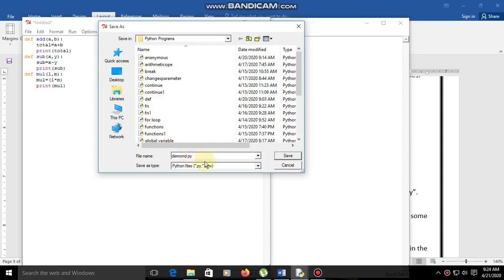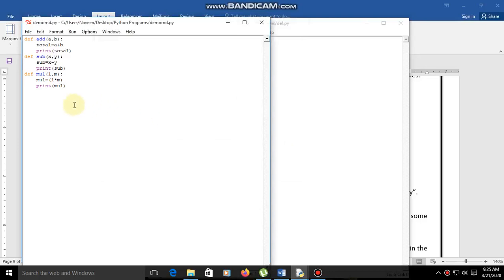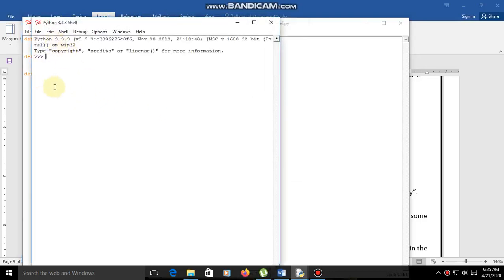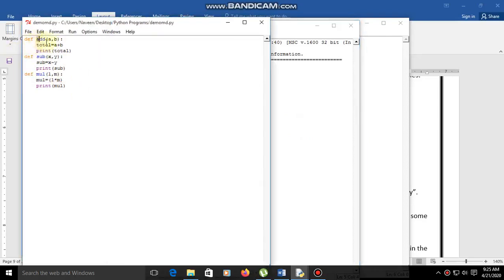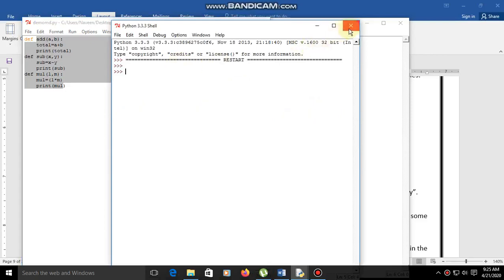If you give another name you can use it, but don't forget that name when you are using it in other programs. Then save it. So that is saved. Here there is no execution, we won't get any output, because we only created the module. We cannot use it yet. Now we are going to use that.